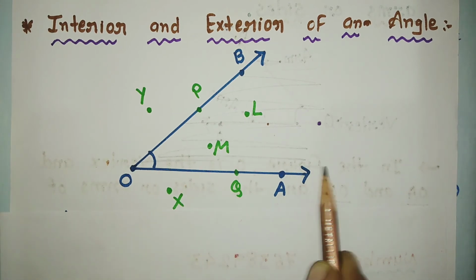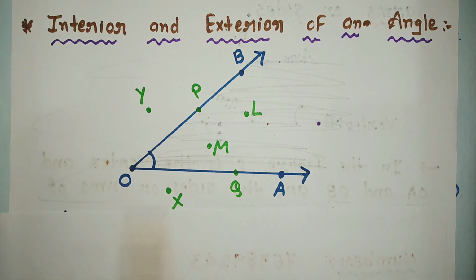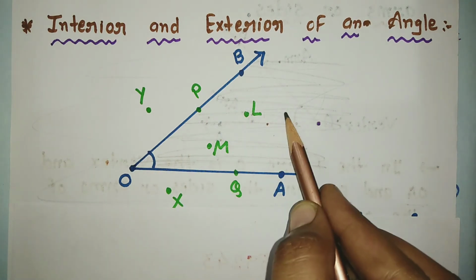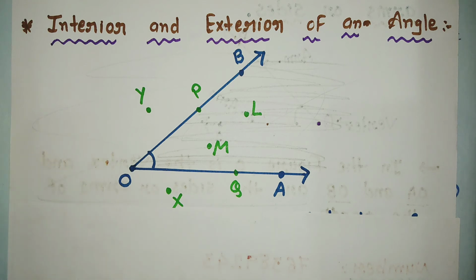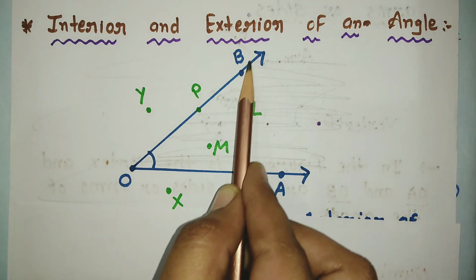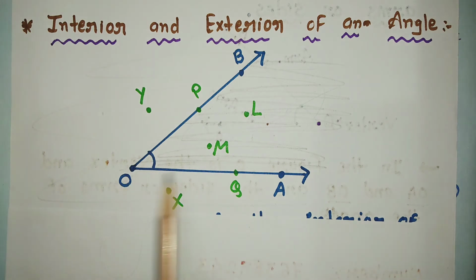Yes or no? Because अंदर वाला part को हम क्या बोलेंगे? Interior. And this part is the exterior part. Are you getting or not? Interior means अंदर. तो ये जो angle बन रहा है तो उसके अंदर वाले part को हम क्या बोलेंगे? Interior. And the outside part will be the exterior. Now I will find which points are in the interior, which points are in the exterior, and which points are on the angle.